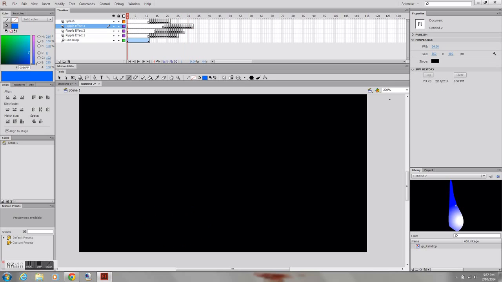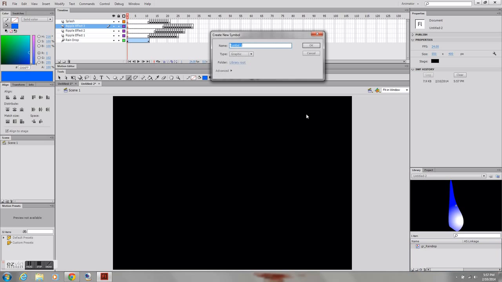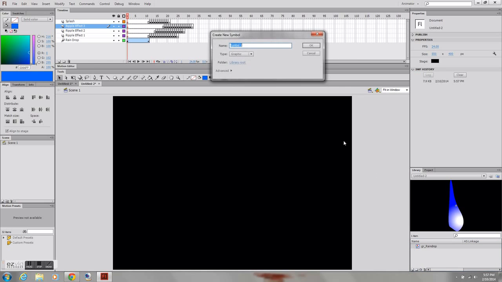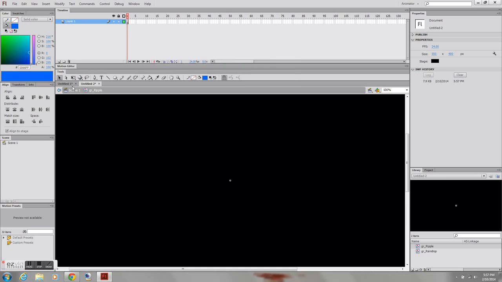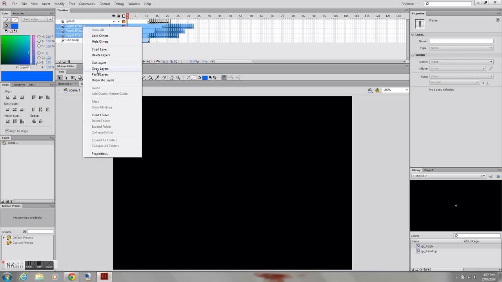I'm just going to now nest all these symbols. Now that I've got all the animation done that I need, I can begin to create their own symbols for each of them, and create a lot of rain droplets much quicker. gr_ripple. And I'm just going to go into scene 1, and I'm copying these layers,